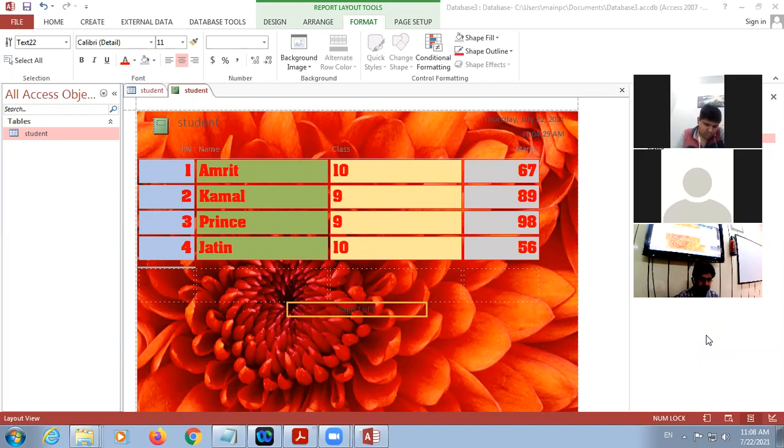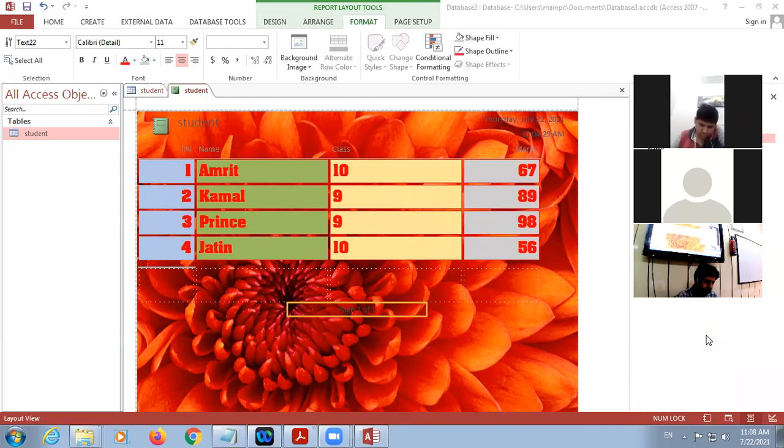Now Bani will give the answer. What is query? Yes, sir. A query is a database object that helps us view information from one or more database tables that meet a specific condition or criteria. Very good, beta. This is query, meaning filtration of data according to our requirement.